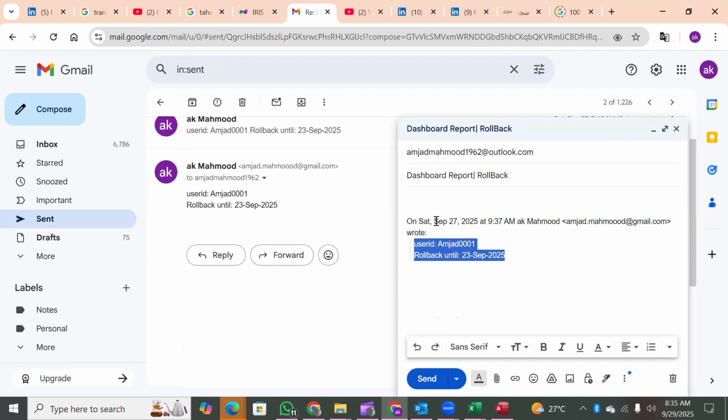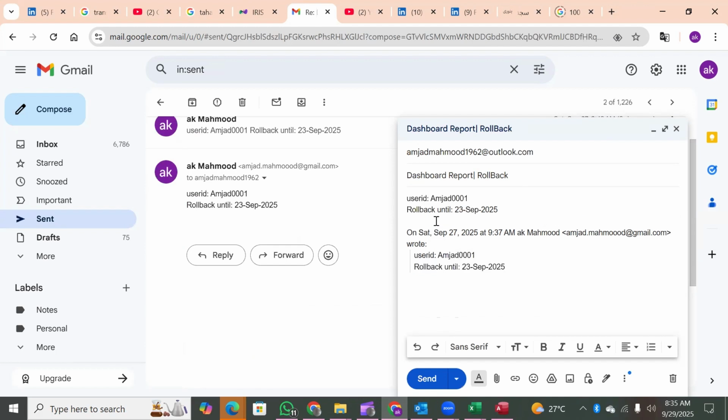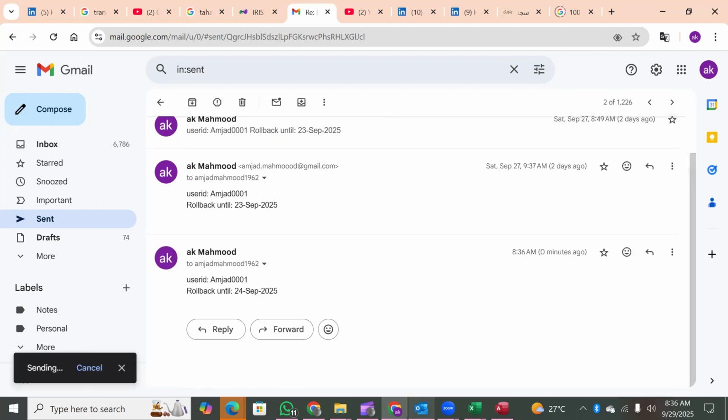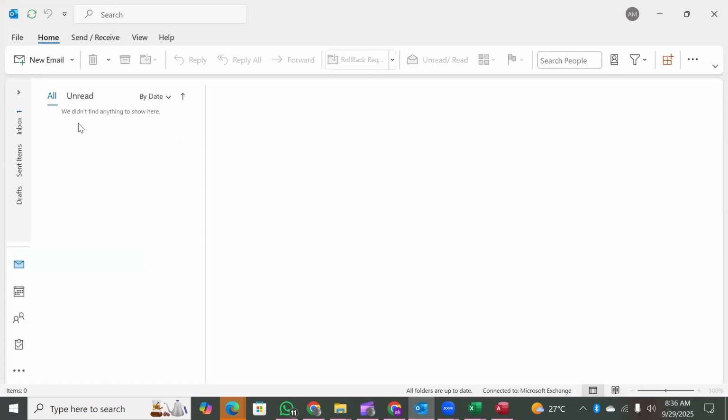For example, you want it rolled back to the 25th, or the 24th. Okay, until the 24th, all the transactions which have been done for backlog clearance will be rolled back. So let's send it, and you will see the email will reach the same folder it has been